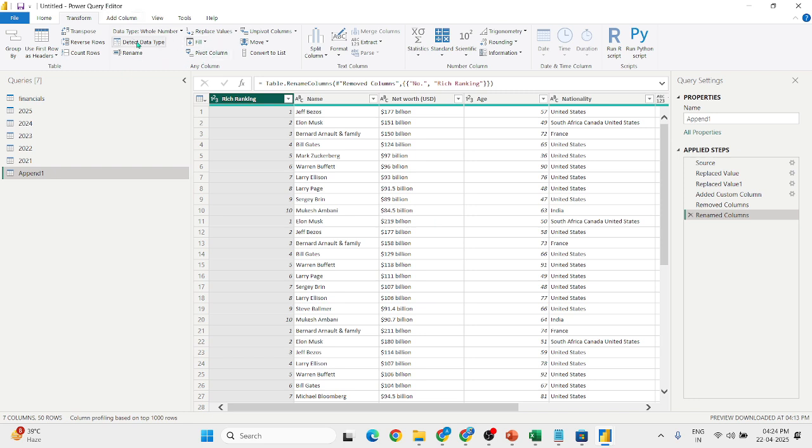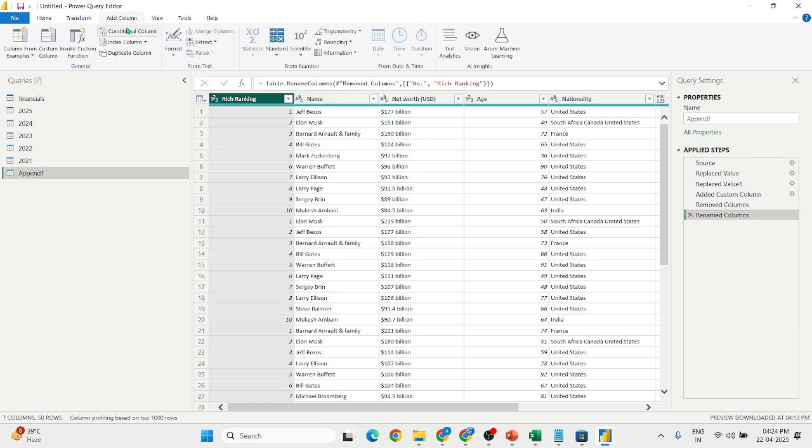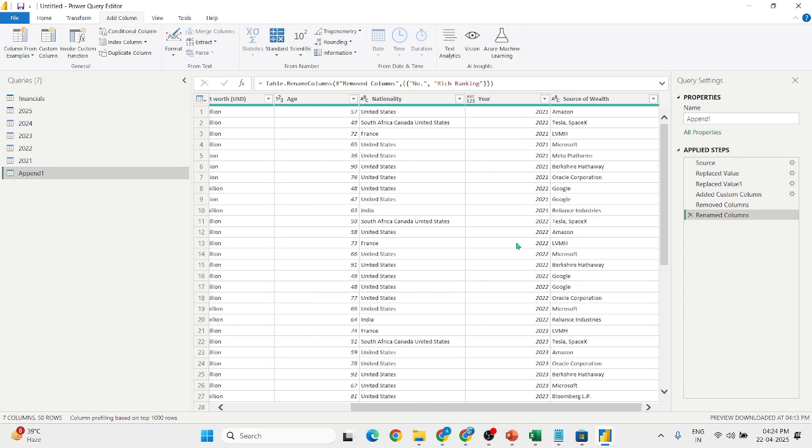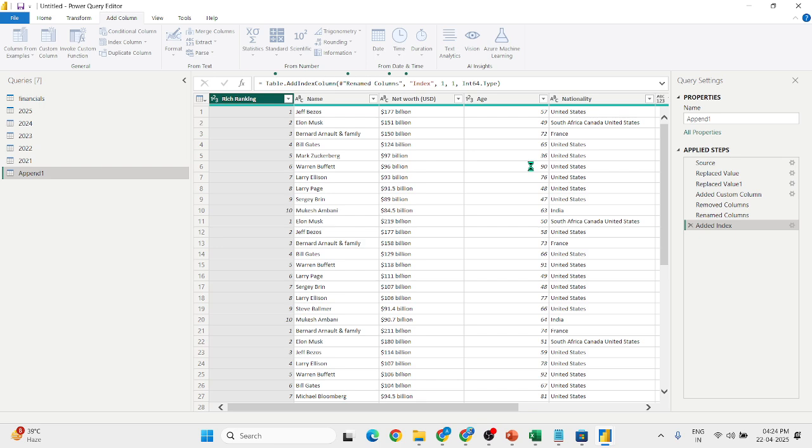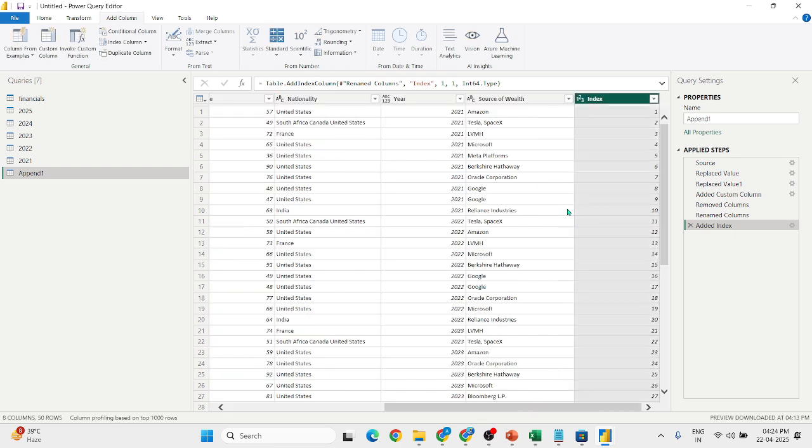We have pivot column, detect data type. See, all these are the options that I can use inside the Add Column tab. We have this index column, right? So I'll just simply click on this index column, and I want to start my index from 1. Now I have this index column which is a proper index: 1, 2, 3, 4, 5, 6